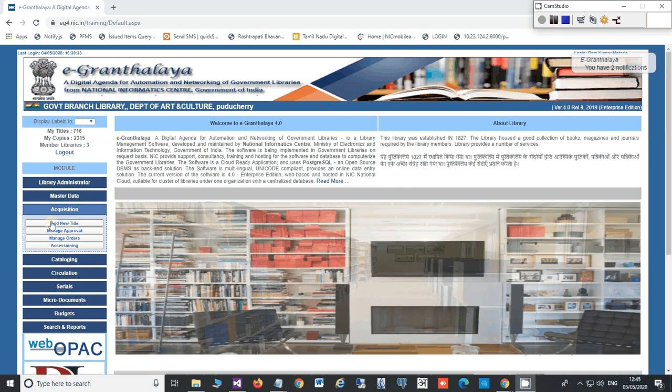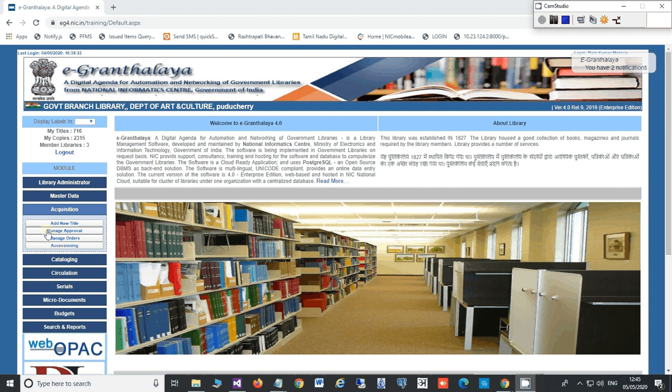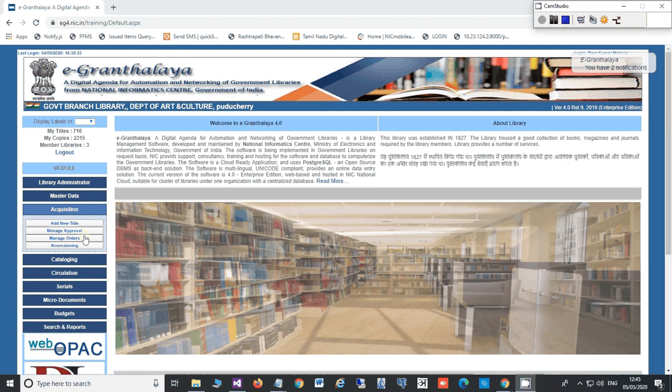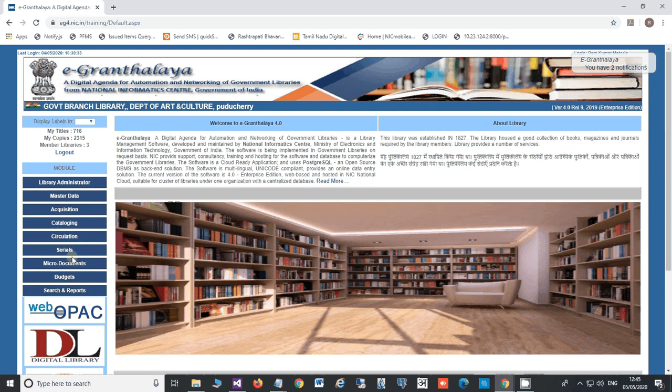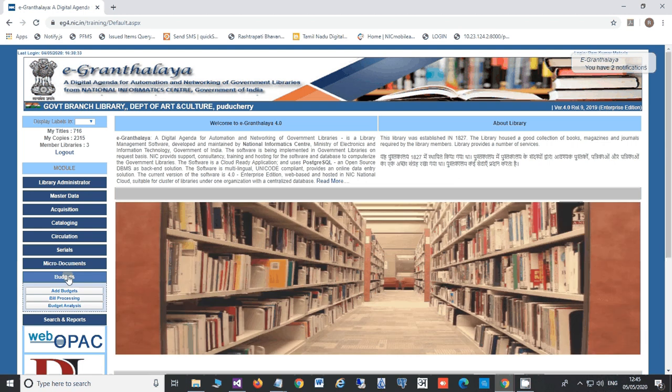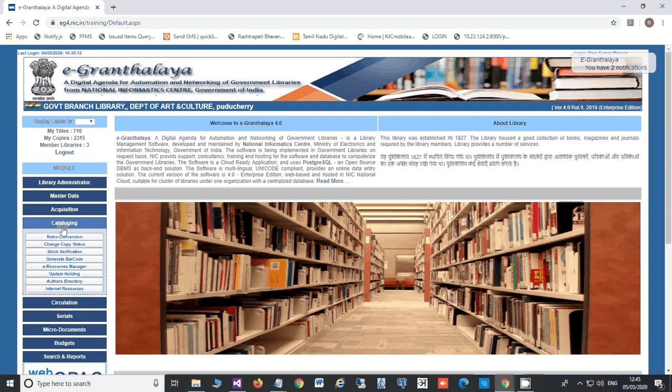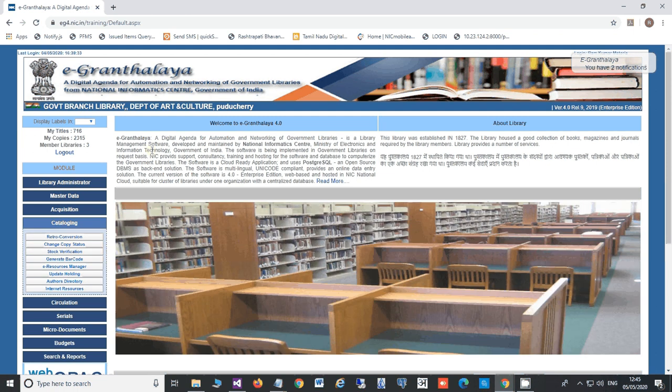They need to add a new title, then start the approval process, then process orders and place the orders, and then accessioning. And along with the acquisition module, they need to use the budget module for bill processing. This cataloging module was basically developed for data entry of the existing collection of a library. So let us start with the Rato conversion module.